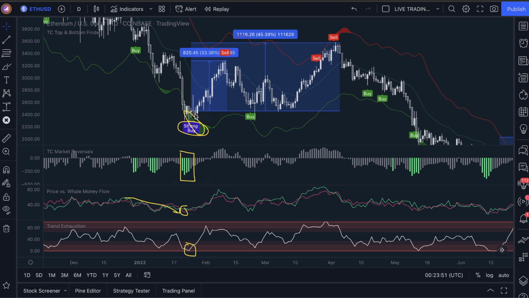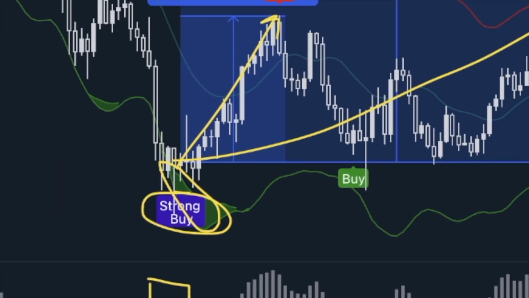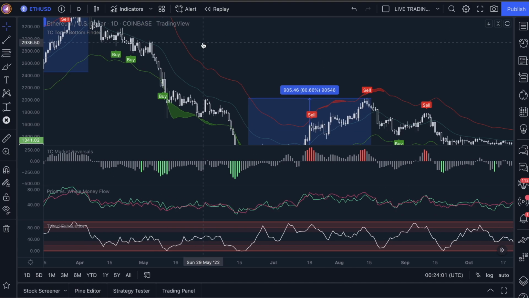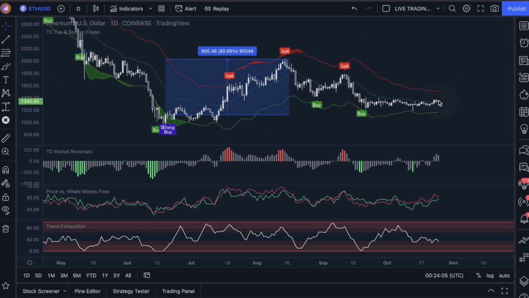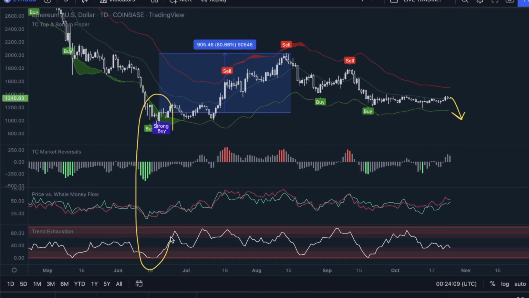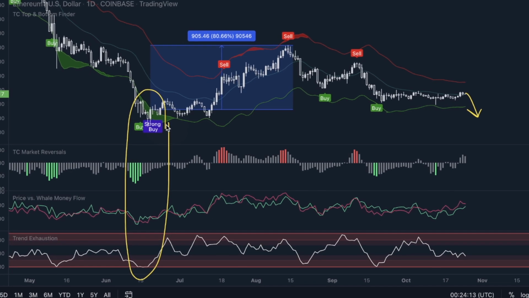Once that happens, guys, this went on a run for 33.36% and then actually went on a total run of 45.39% before the market moved back down. Guys, these areas in the market where we're sitting right now, where consolidation is happening, if we get any types of moves back down here, this setup will present itself again. And this is what we're really watching for, to literally be the biggest possible move back up in crypto that